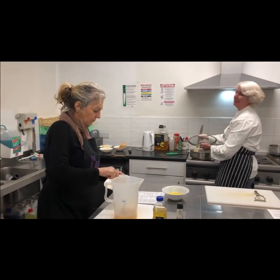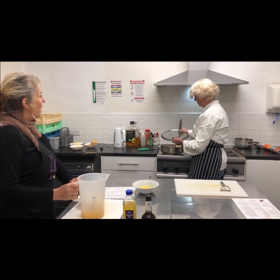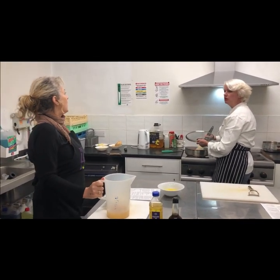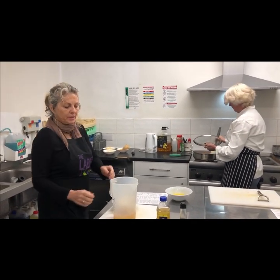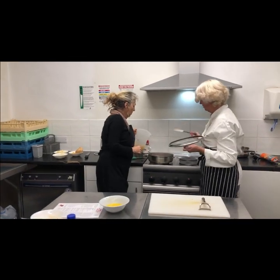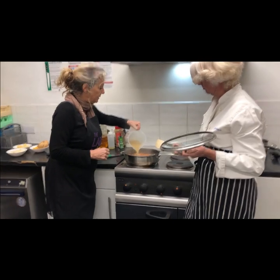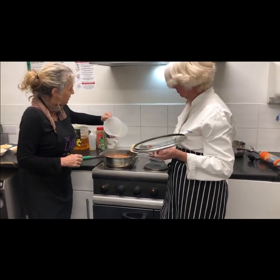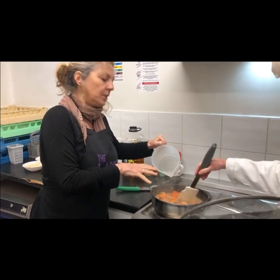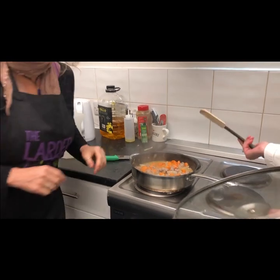So if you didn't like lamb, I suppose doing it this way, you could use minced beef, couldn't you? You could, yeah, you could use mince. Or minced pork, actually. Or turkey, yeah. Turkey's very cheap as well, and lean, so a lot of people like that. If you want to make halal mince as well, we haven't been able to find halal mince that's farmed locally in Lancashire. So if you can get that, then...